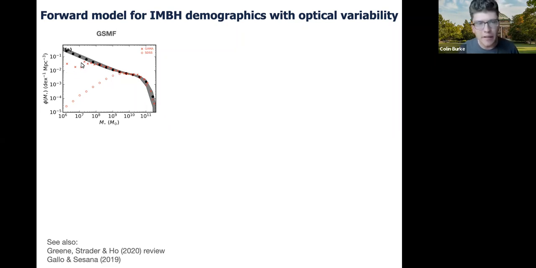There's some incompleteness below 10^7 solar masses from surface brightness, but it's not a wild extrapolation to get to 10^6 solar mass dwarf galaxies. And one interesting note is I also plotted the quick and dirty SDSS galaxy stellar mass function. And you can see it's limited by the SDSS spectroscopic